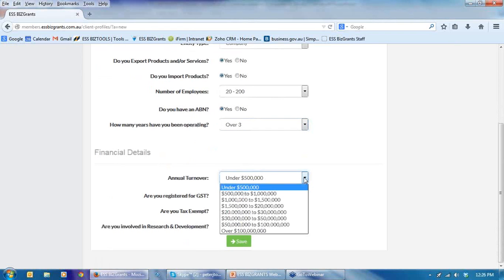The annual turnover, I said before, about $3 million. So that's in the band of $1.5 to $20 million, as you'll see in a moment when that comes onto your screen.